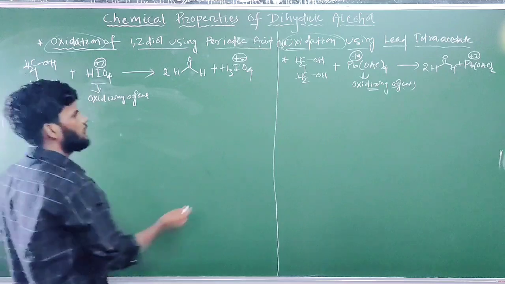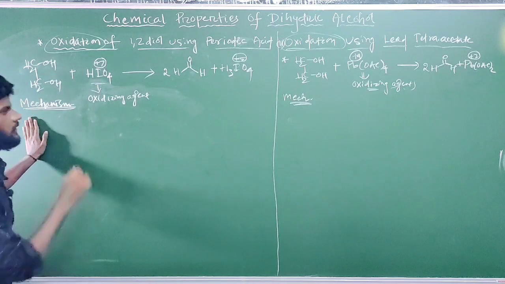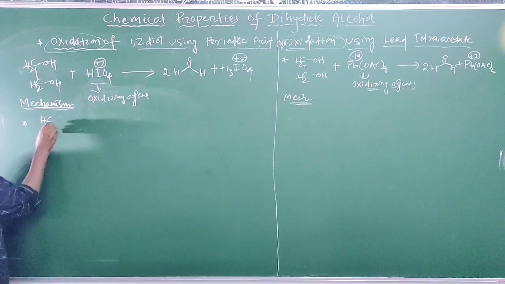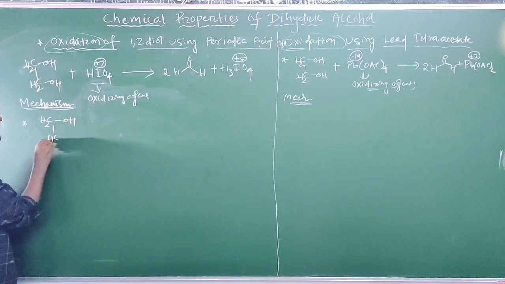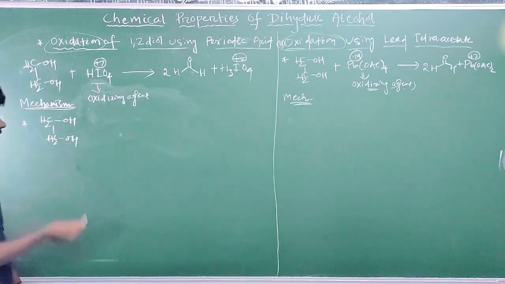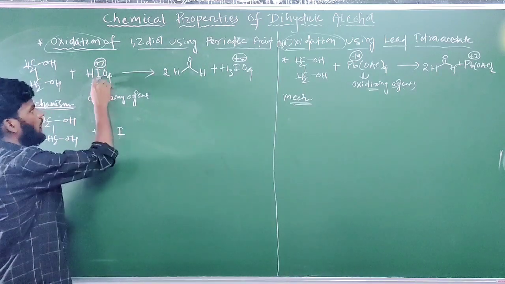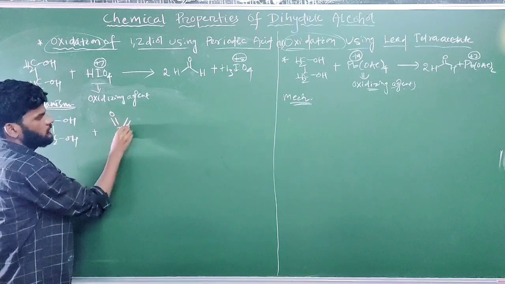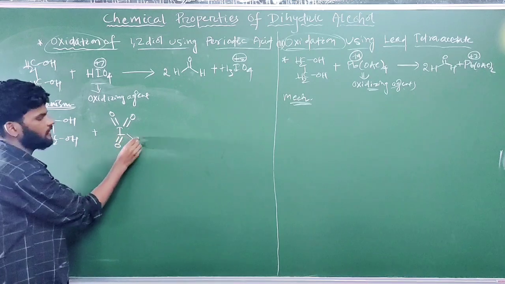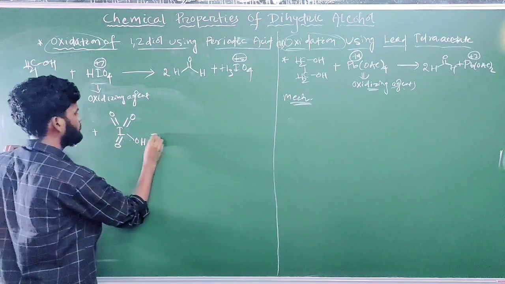So coming to the mechanism, here also it is similar. First we will draw this mechanism, then we will draw that one. In the mechanism, write CH2OH, CH2OH, the starting material 1,2-diol, and to this HIO4. In the structure of HIO4, iodine is +7, meaning 7 bonds to iodine. IO4: oxygen has double valency, and iodine is +7, 2, 4, 6, 7 with OH. This is the HIO4 structure.